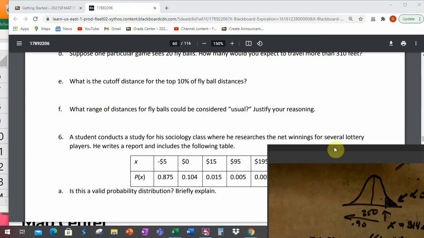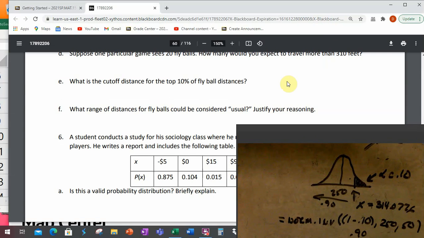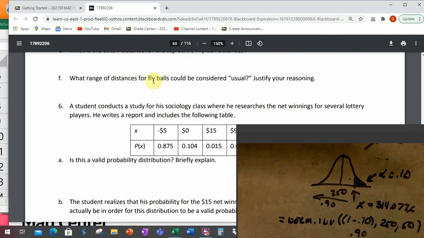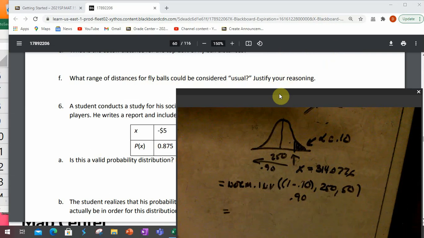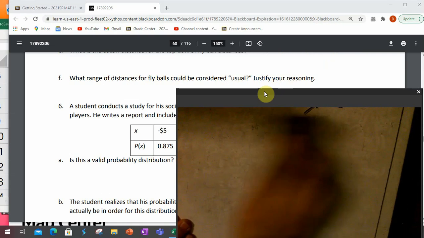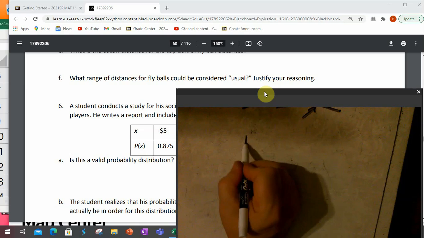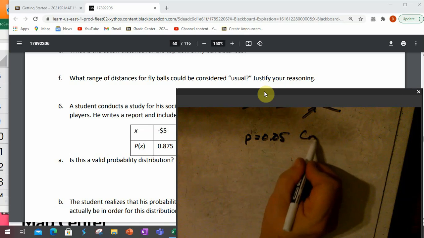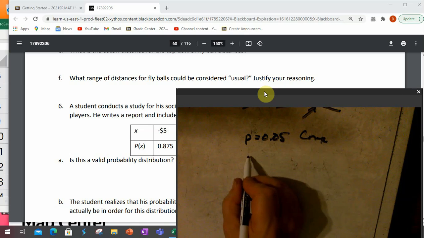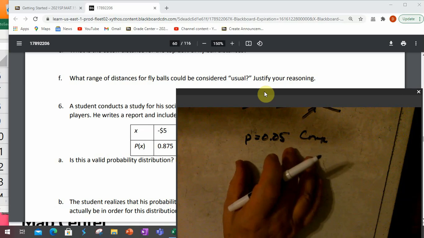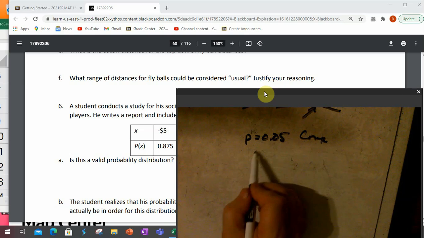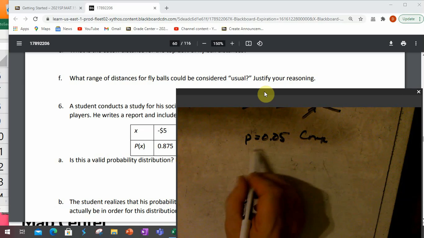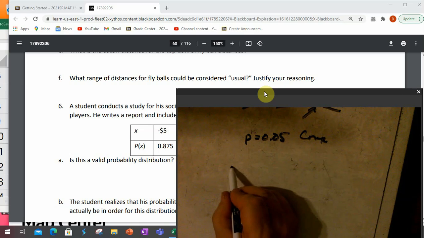Okay, and then it says, what range of distances for fly balls could be considered unusual? Justify your reasoning. The unusual that you're going to look for, the probability is 0.05. That's your comparison. If you have some probability less than 0.05, then you're getting more extreme. So if I wanted to do this in the middle,